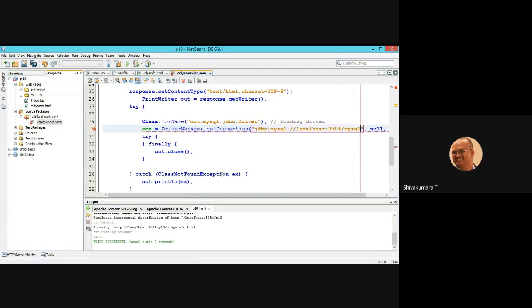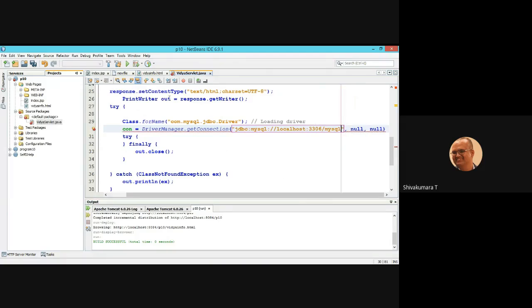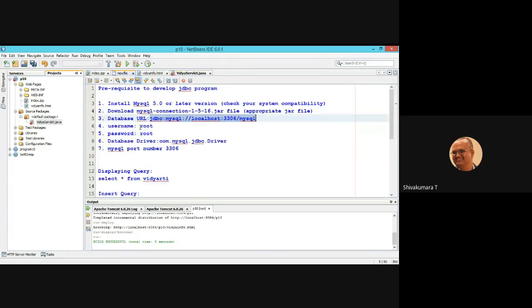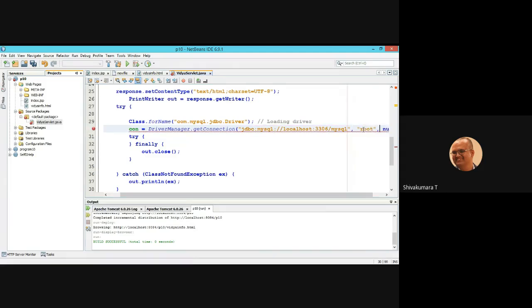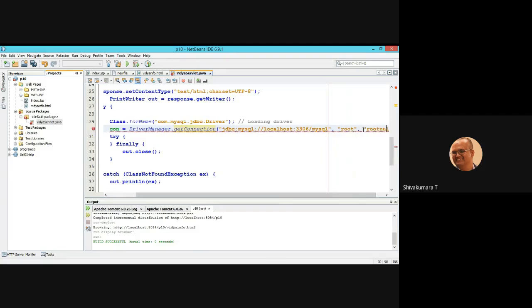Then the second one, username is root, password also root, in double quotes. Username and password, root and root.